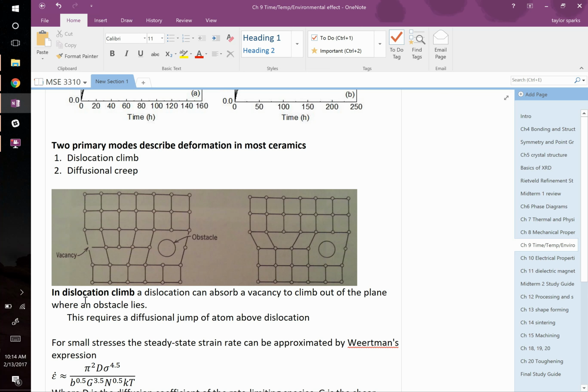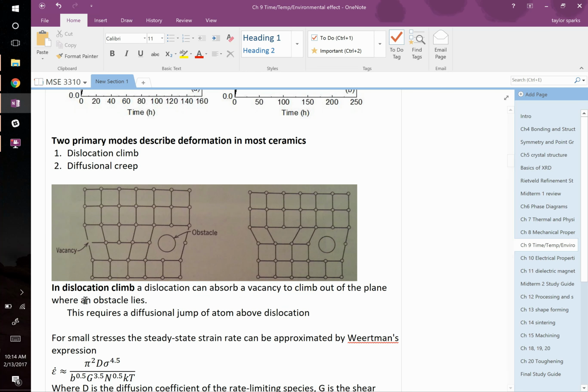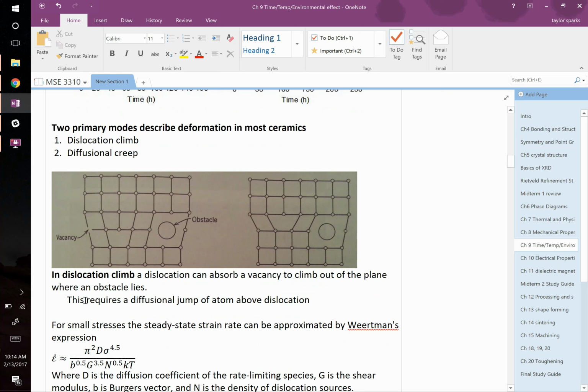If you do this a couple of times, you can pass whatever's blocking its path, right? So that's why we call this dislocation climb. It has to climb out of the way of what's in its path, right? So obviously you're requiring diffusion. This atom has to hop here, right? So atomic motion requires